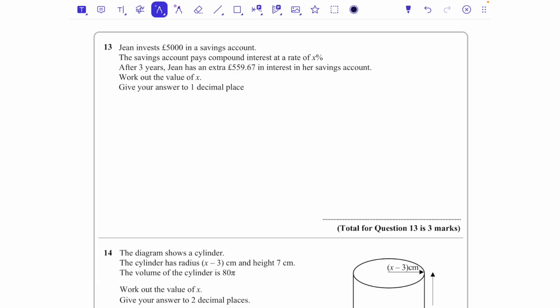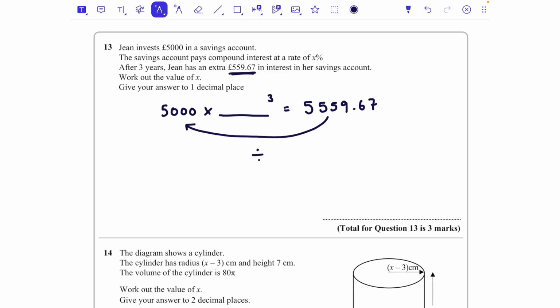So with compound interest, we would normally say, £5,000 multiplied by something to the power of 3, because it's 3 years, equals £5,559.67, because we've got this much on top of her initial investment. So I'm going to start by doing £5,559.67 divided by 5,000 to get this value here. We're working backwards, and 5,559.67 divided by 5,000 is